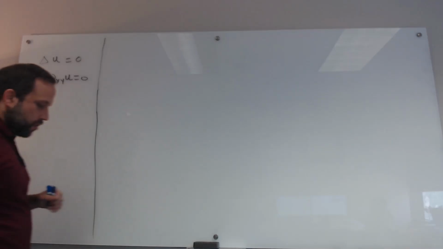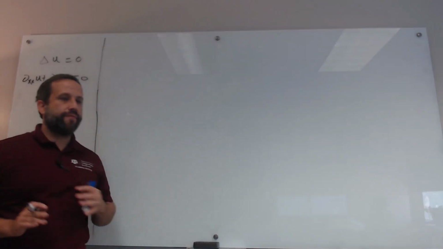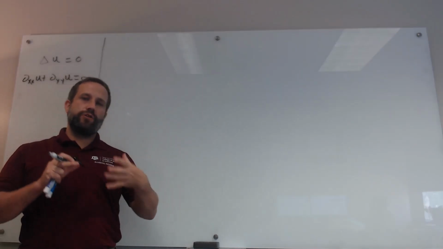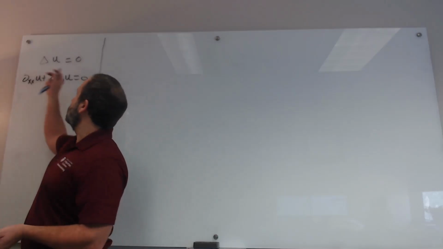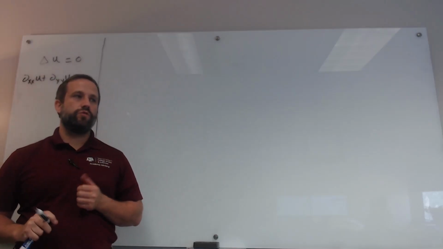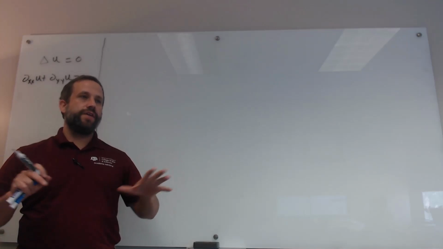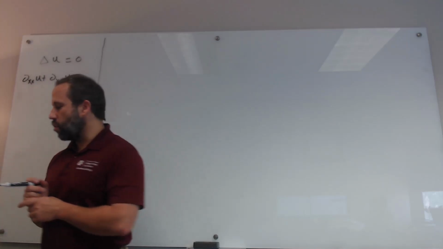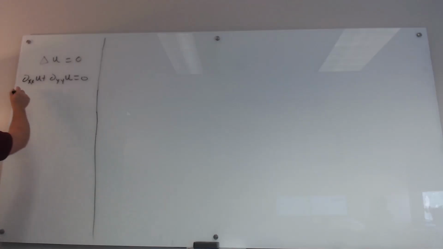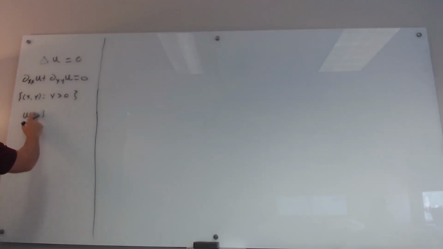Now, when we talk about solving Laplace's equation, we have to talk about the domain in which we're going to solve it. Because if you think about just the Laplacian of u is equal to 0, well, there's a lot of different functions that satisfy that. So we're going to solve this first on the upper half plane, that is on the set of (x, y) where y is bigger than 0. And then we're going to give it boundary values. We're going to say u of x comma 0 is equal to some prescribed boundary data f